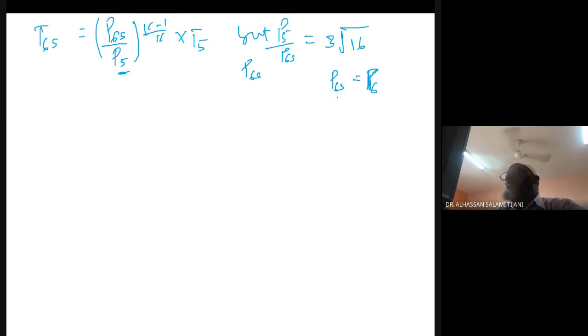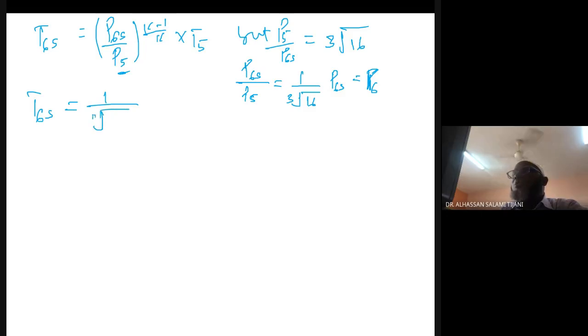Or P6A is the same thing. So P6S divided by P5 gives me 1 over the cube root of 16. Eventually I'll have T6S equals 1 over the cube root of 16, all raised to the power